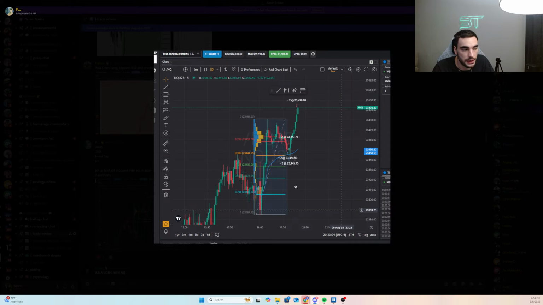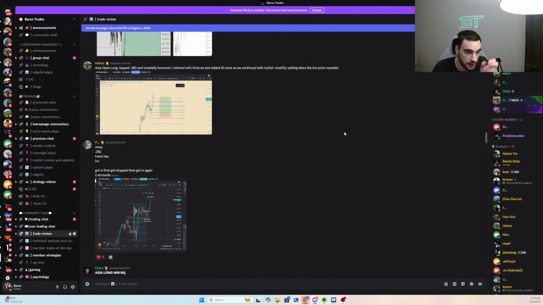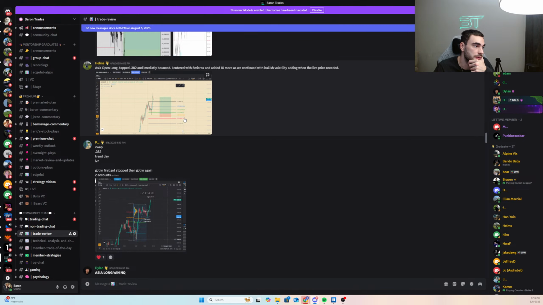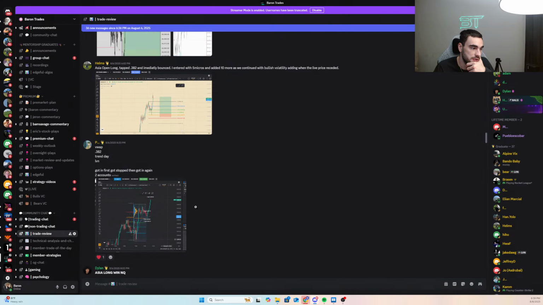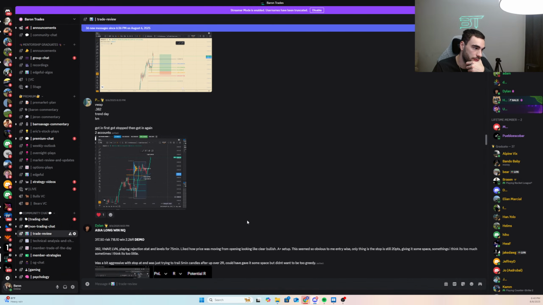Yeah, I get we're using 2 minis. You want tight risk, but maybe we just start out with 1 and then scale into 2 if we want to do that. I'd like to see some management on these trades as well, just overall risk. I do like this trade, Helms. Just add in that VWAP so you can see it. I also like adding into it. I can't see the executions, but adding into it as you see the momentum, especially in the overnight. You guys should also have the volume on the bottom here so you can see what price is doing.